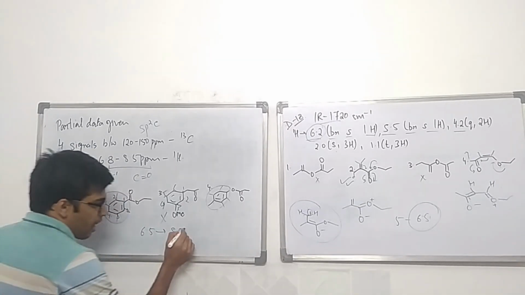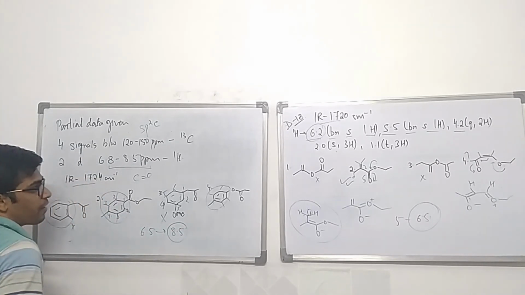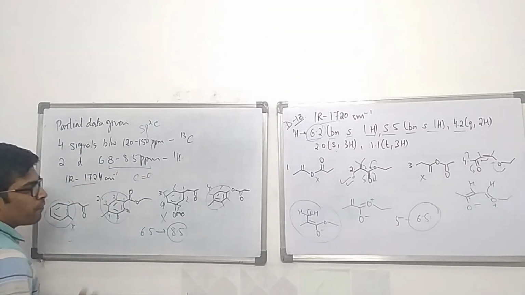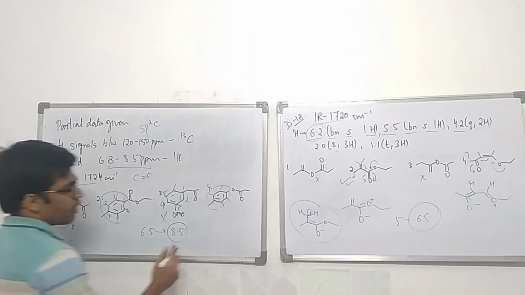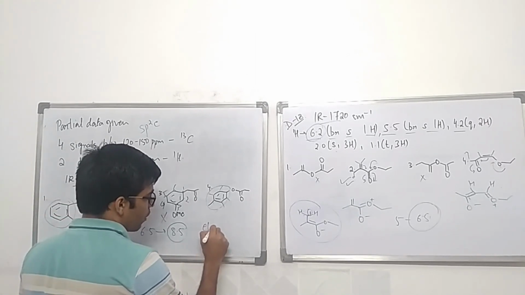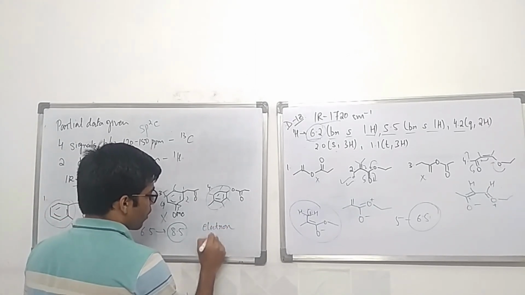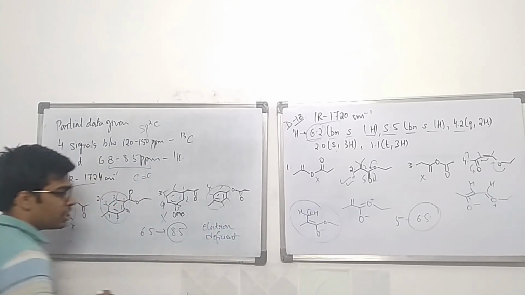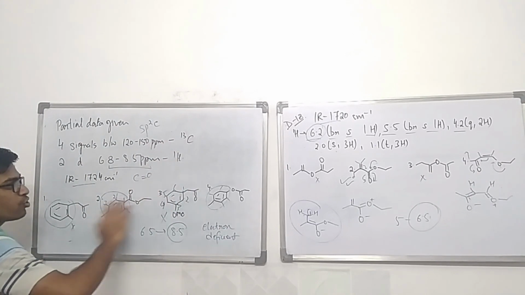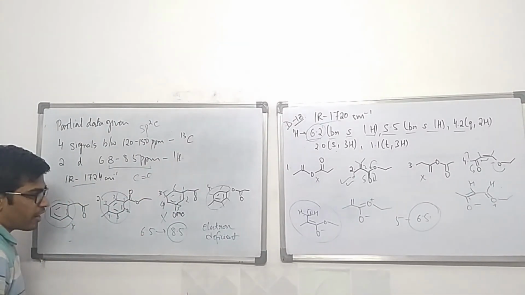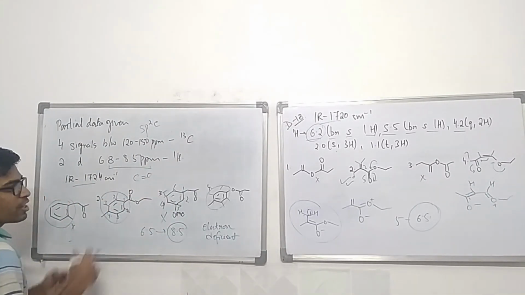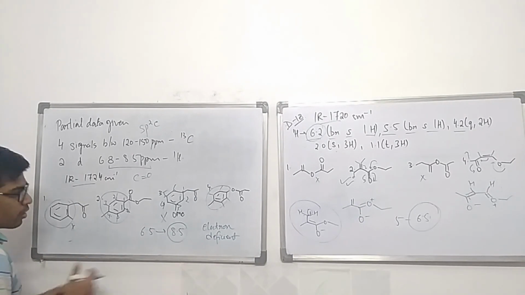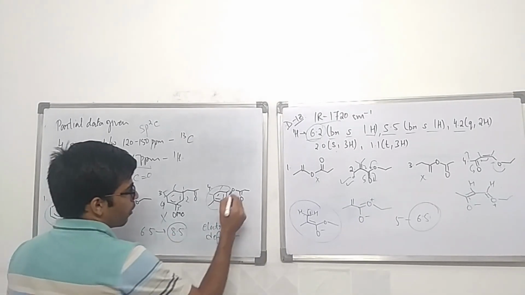Okay. The highest point is 8.5, and when there is a value at 8.5, you can expect that the ring is becoming electron deficient. That is, de-shielding is occurring, because of which the value is shifting to the highest limit, that is 8.5. Now in which of the two cases is there more prominent de-shielding that can occur. Now see,